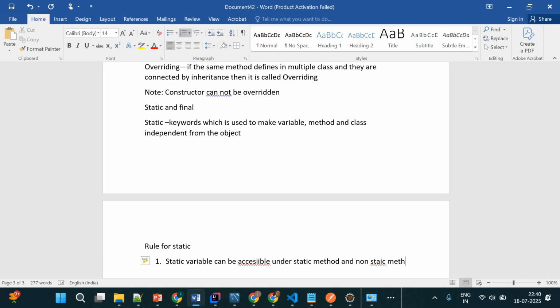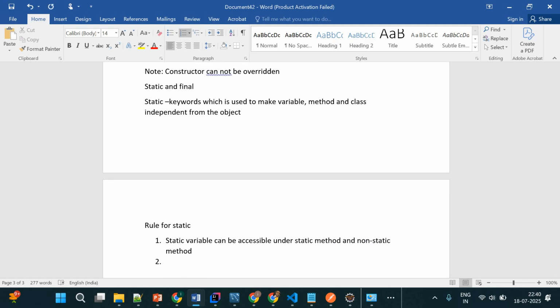Non-static method, right? So if you keep a static variable, a static variable can be accessible under the static method and the non-static method, right? Whereas the second rule is what? Non-static variable,